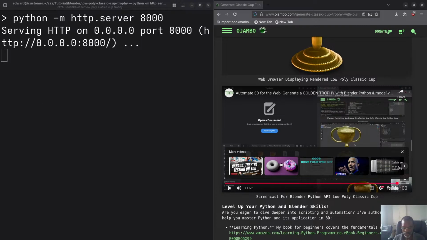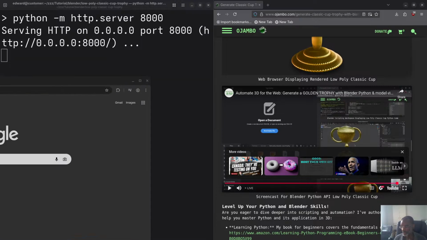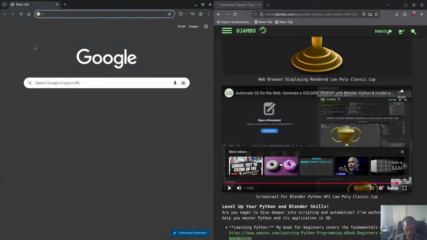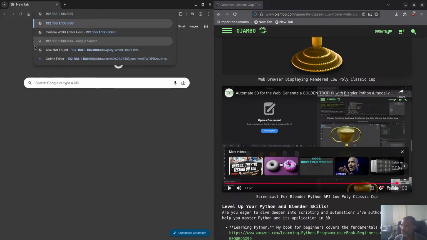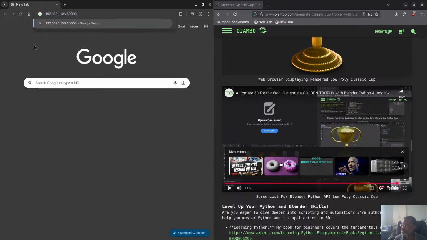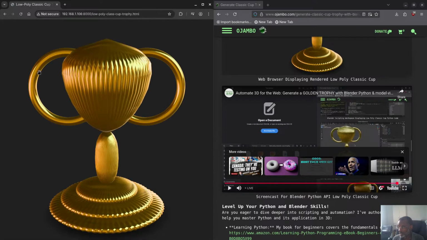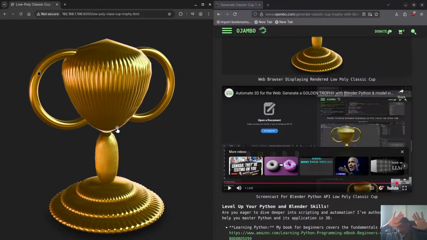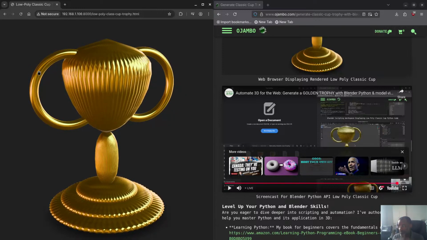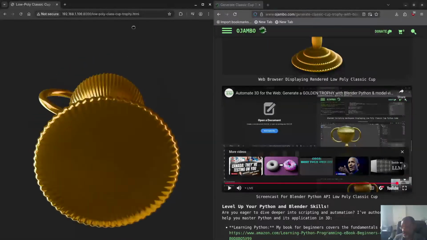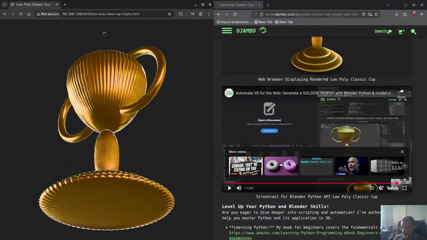And then what I can do is, let me turn off this window, put it here. So 192, it's 8000. Okay, so the one we want is this one, HTML, and there we go. You see my hands, it's going to start rotating by itself. You see that, it rotates by itself. Again, my hands are here. You can also do this. You can see how quickly it's going to